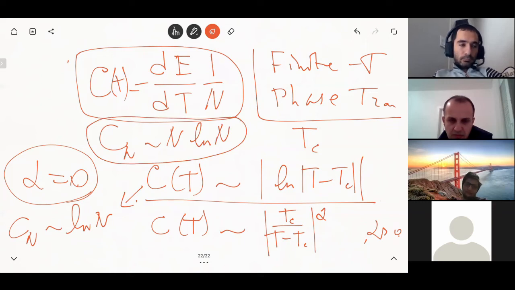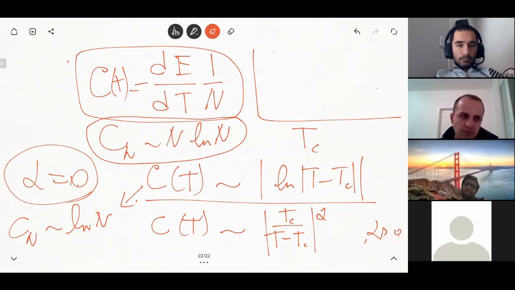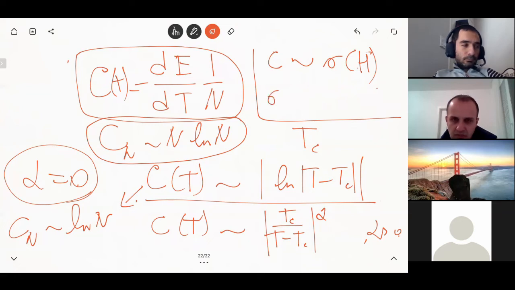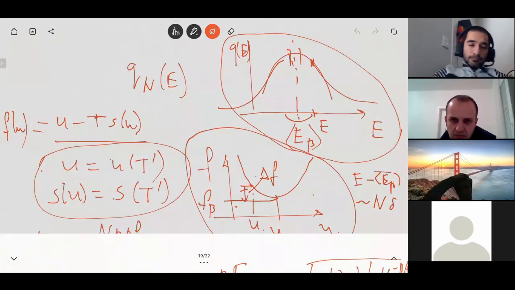And the final piece of information that is necessary is that the heat capacity is proportional to sigma squared of h. This is a very simple calculation. So basically the variance of the Hamiltonian gives the heat capacity. And then what we have shown is that the energy distribution of a critical system whose variance scales as n ln n goes to a Gaussian distribution, just like we had for the Berry-Esseen